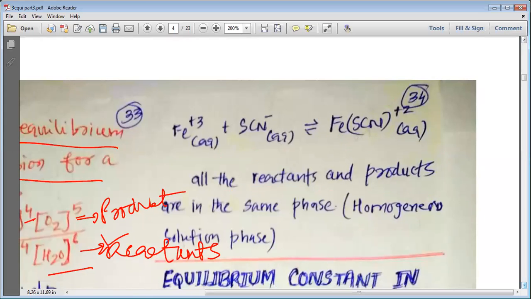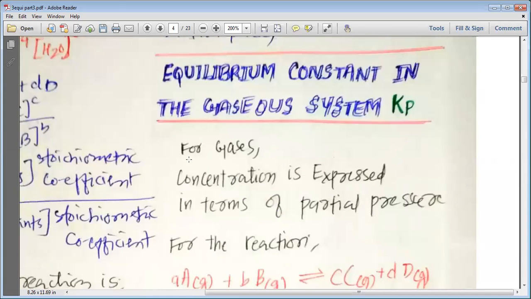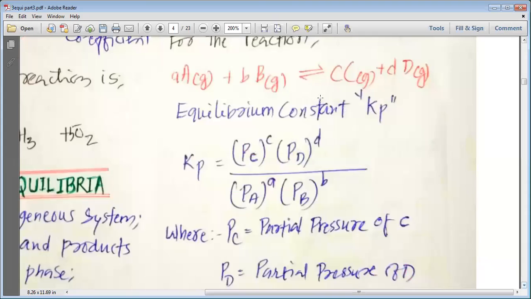Now let's move on and understand the next part, that is equilibrium constant in the gaseous system. For a gaseous system, my dear students, we can understand the equilibrium constants. Let us understand how. For gases, concentration is expressed in terms of partial pressure. So for the reaction a mole of A plus b mole of B, that gives c mole of C plus d mole of D, we can write the equilibrium constant